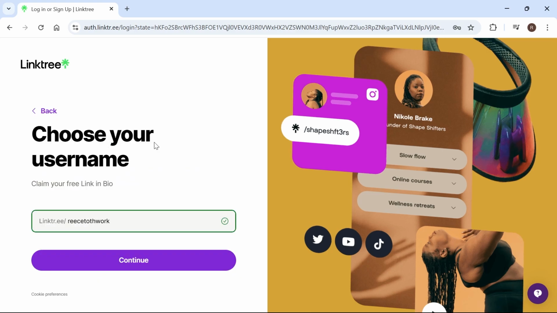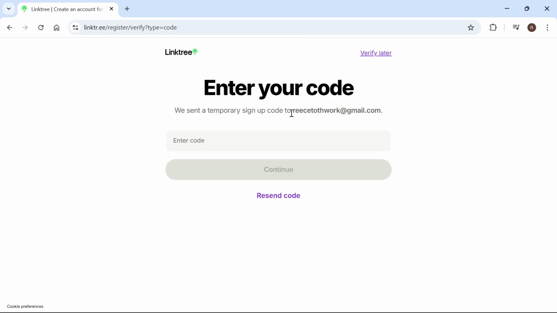The next thing you'll need to do is pick yourself a username. The username is going to be public, so other people are going to be able to see this. So I'm just going to change mine to Your Fix Guide, which is my business name. But if you're making your Linktree for your personal branding or something like that, then you could just go ahead and type your name in here and then we can press continue. Now you'll need to enter the verification code that will have been sent to your registered email address